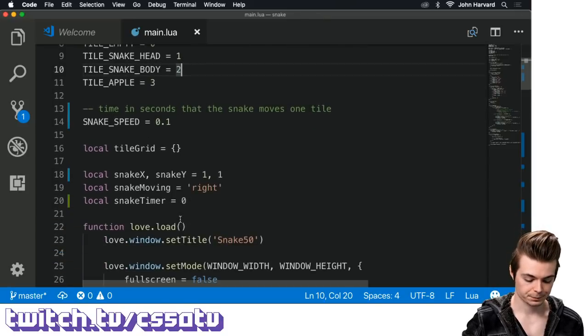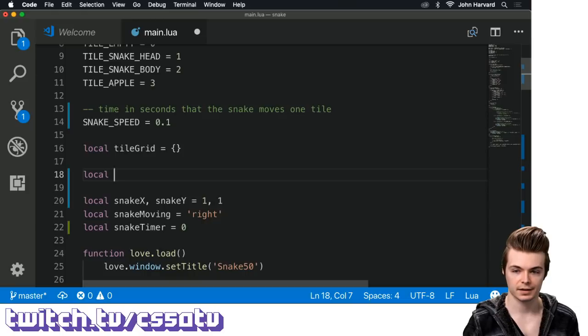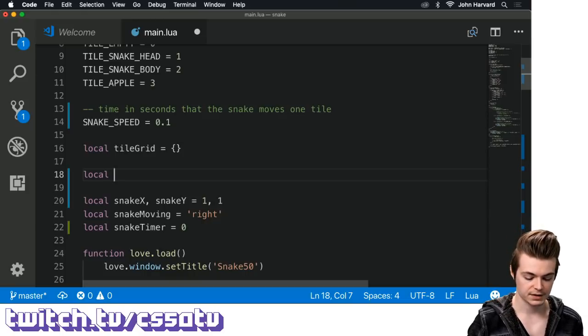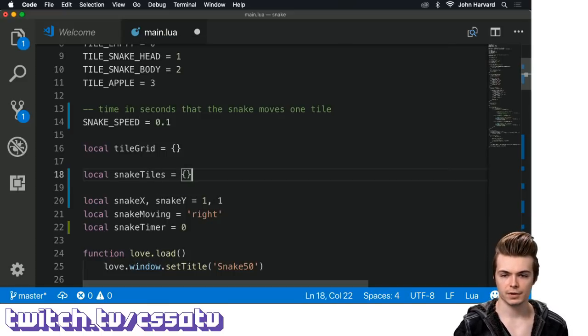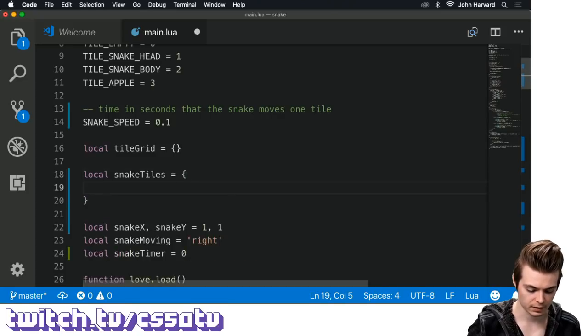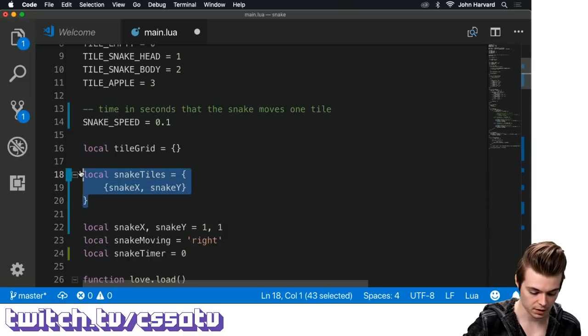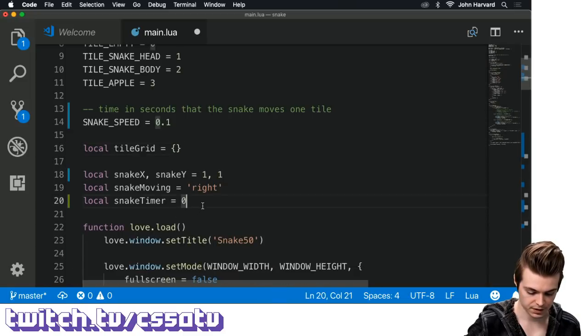So let's go ahead. Like I said, I haven't spent a terrible amount of time working through this, because it'd be fun to, I think, kind of figure it out on the fly. So we're going to make a new variable called snake tiles, which is going to kind of go hand in hand with our tile grid, I guess. And then we're going to initialize the first piece here to be snake x and snake y. And actually, this should go below this piece here,